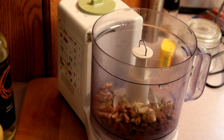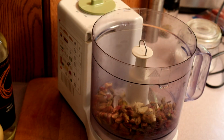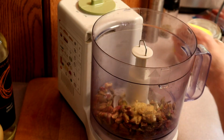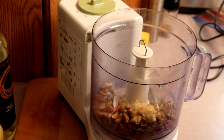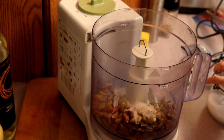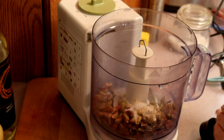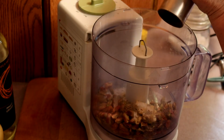Two garlic cloves, just chopped a little bit. Get the lid off here. We're going to do half a tablespoon of dry yellow mustard. And since my pistachios are unsalted, I am going to do half a teaspoon of salt. And I have dried thyme. If you have fresh thyme, do use that. So half a teaspoon of dried thyme, a little bit of fresh ground pepper,